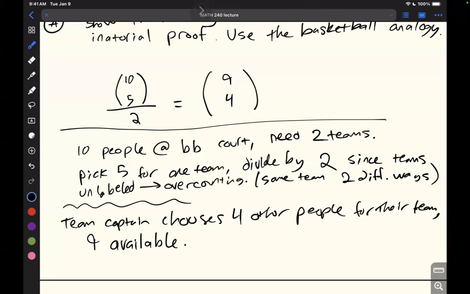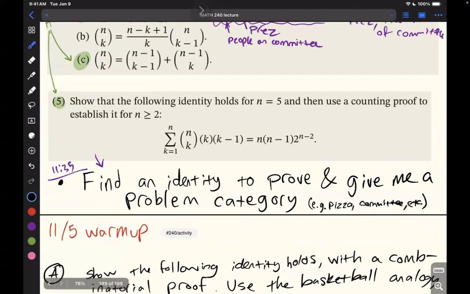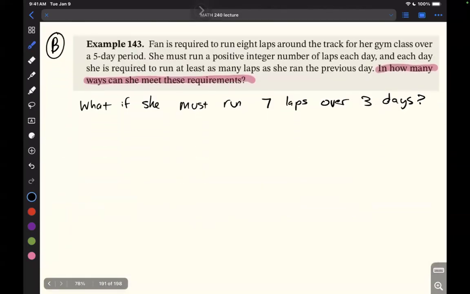Cool. Great job. So there's this question on the homework that I just passed out, and it was the same question twice, essentially. There was the table question, and then there was the basketball question. So I just wanted to go over this and give you an opportunity to practice your combinatorial proof skills. All right. Also before you sit down,